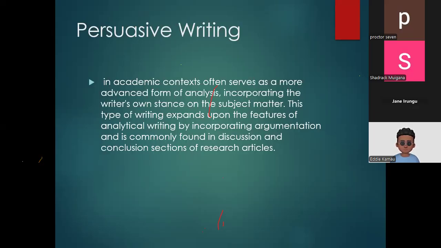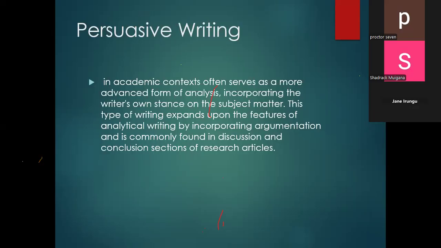Now, so persuasive writing. In persuasive writing, you take a position on a subject and persuade your audience with the evidence. So there are those who say artificial intelligence is destructive to society. And there are those who say artificial intelligence is a blessing. It is actually a merit to society. So if you are saying it is destructive, you must research and then you give us evidence that indeed AI is destructive to the society.